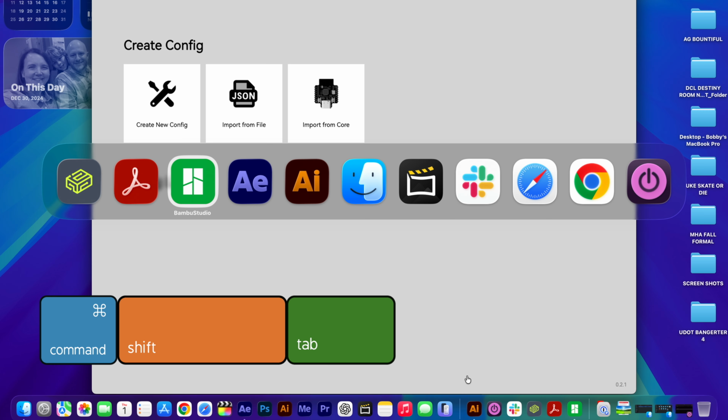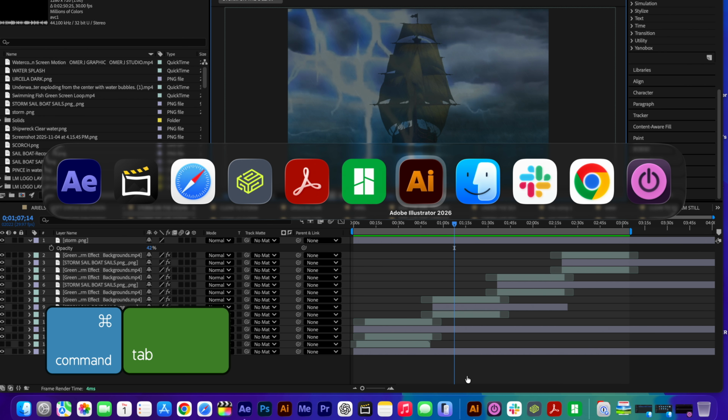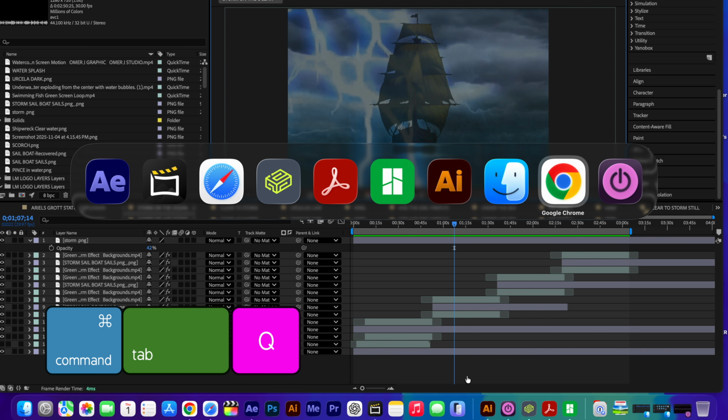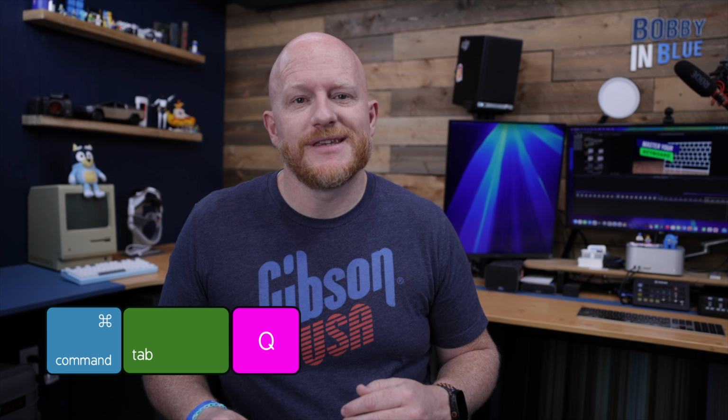A simple variation of this is if you hold in Command and Shift and then press Tab, it'll actually cycle through your programs the other direction. When you're using the app switching shortcut, you can hit Command Tab to switch to a different app. But if you hit Command Tab and you tab over to a certain application, while you're still holding in Command, you can hit the Q key and it will quit out the highlighted application. This is a great way to quickly close a bunch of applications all at once, and I use this one